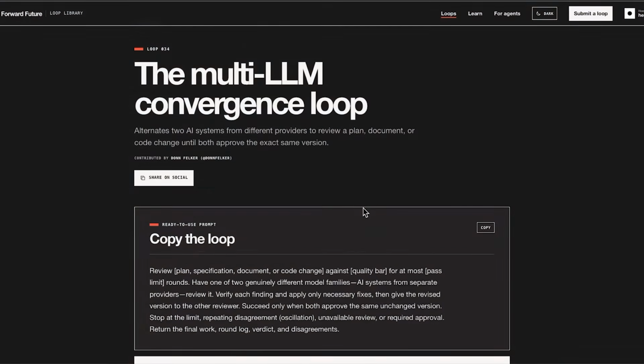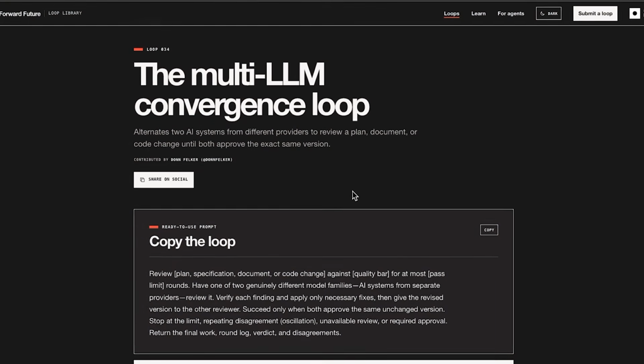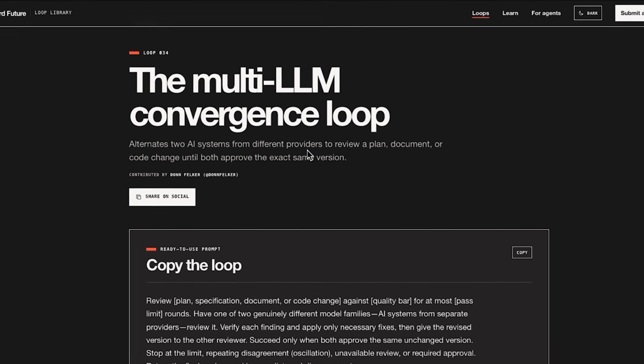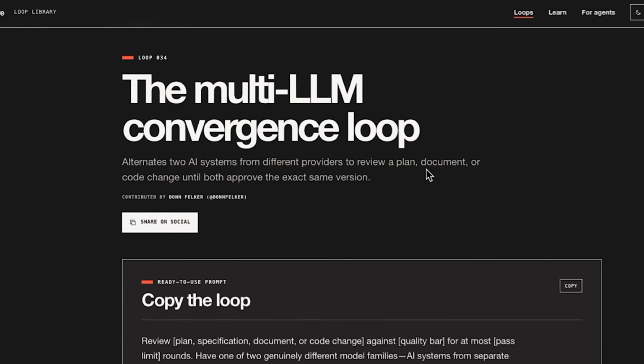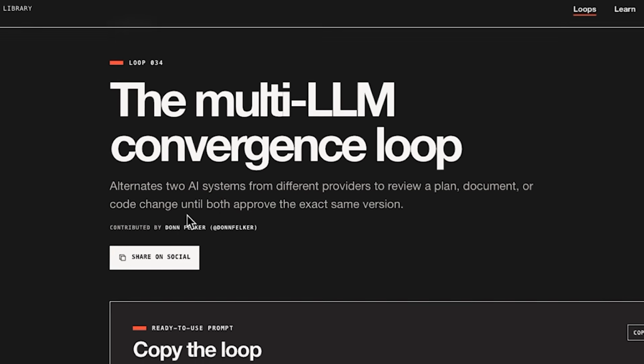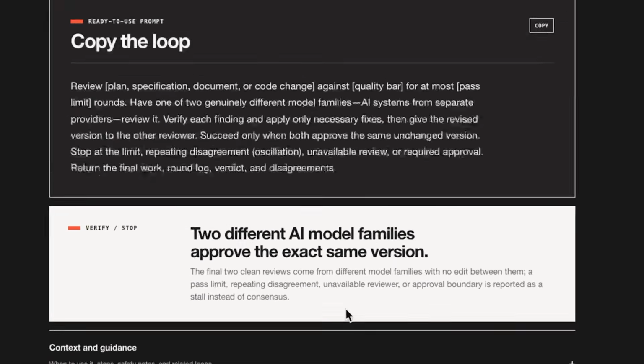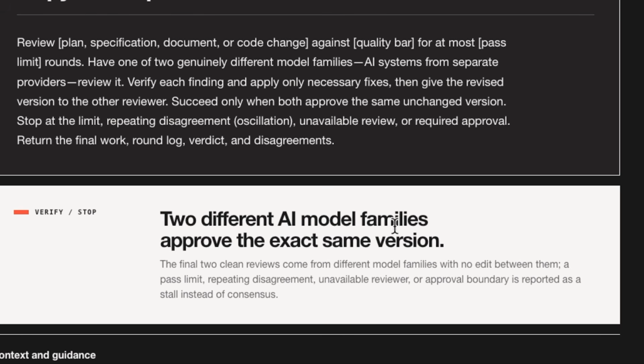Loop number 34, the Multi-LLM Convergence loop, alternates two AI systems from different providers to review a plan, document, or code change until both approve the exact same version. The verify stop is two different AI model families approve the exact same version. The final two clean reviews come from different model families with no edit between them.